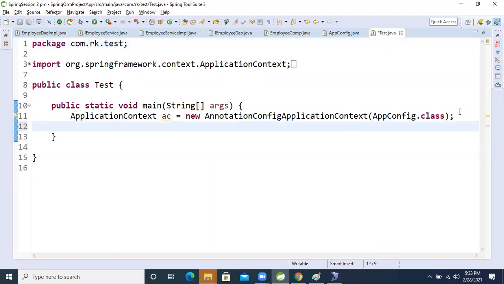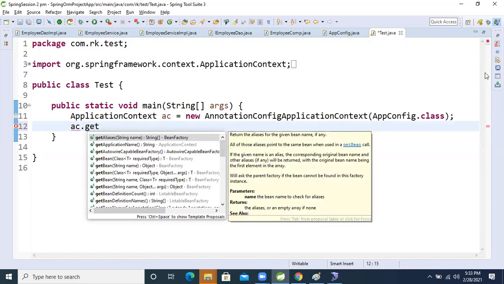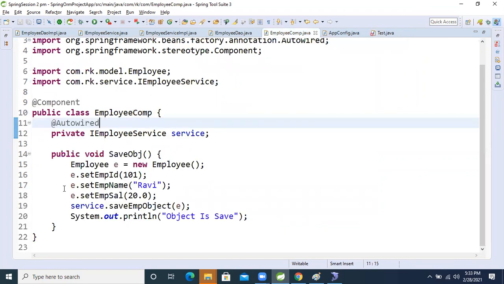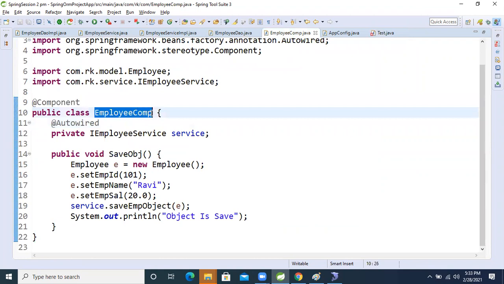We don't know how to create the bean object. Have I given the example or not? So we are going to the bean factory, or not? Same, like I don't know how to create the employee bean object. So where will we go? We go to the bean factory, right? So I said, which class? Employee component class. If we apply the stereotype annotation, the first letter will become small, right? The first letter will become small.